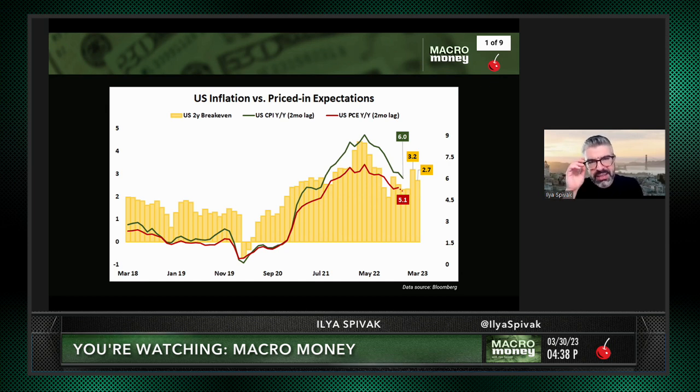So the expectation on the PCE number, which of course will inform this narrative, is that we are going to get a decline mirroring the one that we got on CPI. You can see CPI at the last increment ticked lower. The PCE expected to come down as well and hit 5.1% year on year. The 2-month lag here is, of course, because on the one hand, expectations are necessarily forward-looking.